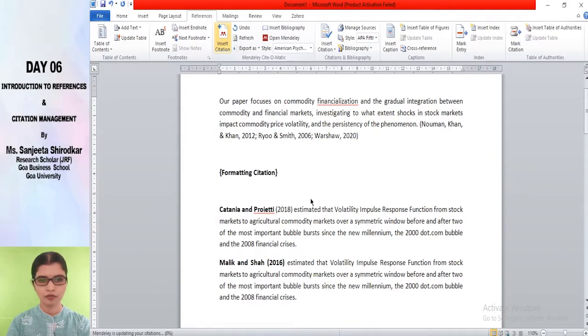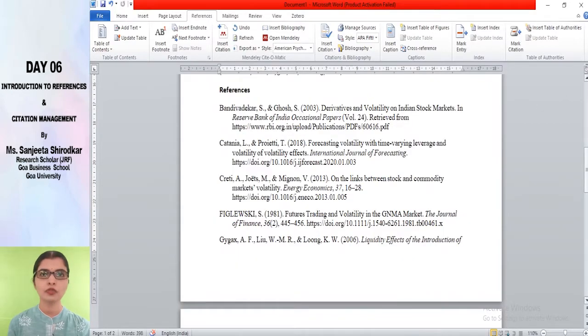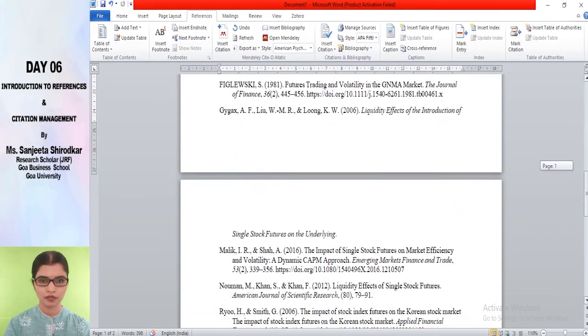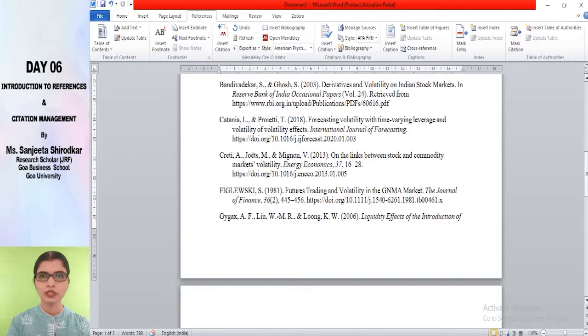Click OK. Now, you need not insert your citation based on alphabetical order. You need not insert it, say for example, this starts from B and this starts from C. So you need not organize it in alphabetical order. You could place it wherever you want as per your requirement. But when the references would be generated, it would always have it in the alphabetical order, properly organized. Fine. So this is the way you could deal with Mendeley.